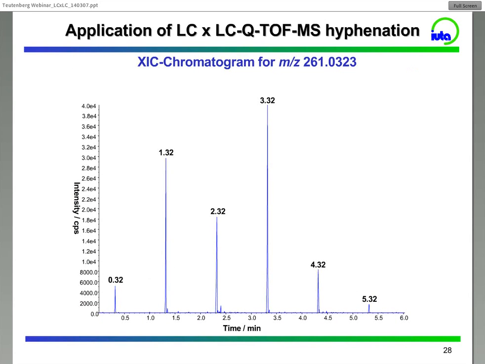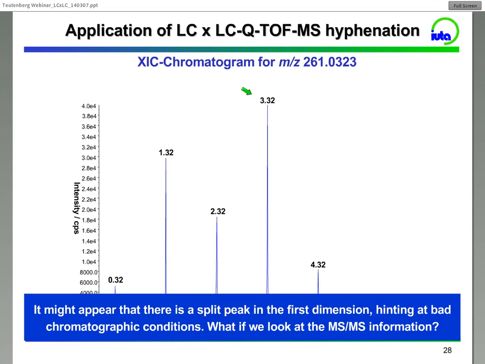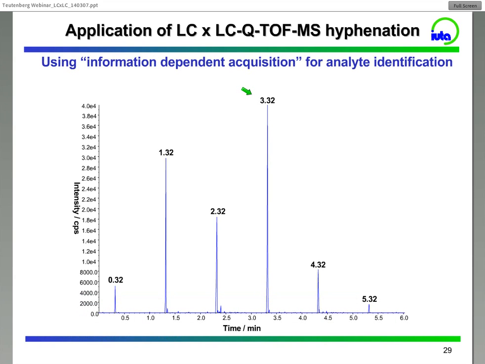Now, I show you here a very nice example that makes clear it's a good idea to have MS functionalities. What you see here is the XIC chromatogram for this extracted mass, and what clearly strikes is that we have two distinct peak maxima for the same mass. So it might appear that there is a split peak in the first dimension, hinting at probably bad chromatographic conditions. But what if we look at the MS information, and we've done this using information-dependent acquisition, and we acquired some product ion spectra